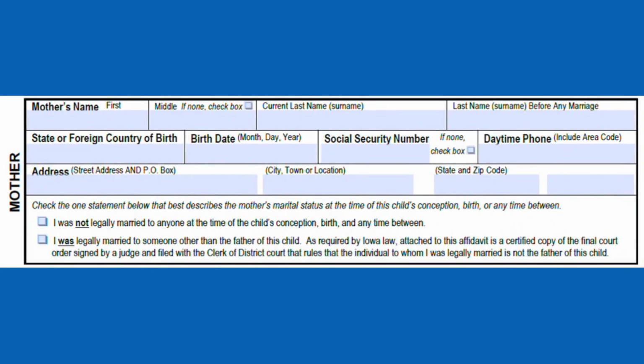To complete the mother section, enter the mother's first, middle, and current last name. The name entered must match the name on the identification exactly. If there is no middle name, the box in that field must be checked. If the mother's last name is two names, enter both names in the last name field, including a hyphen or